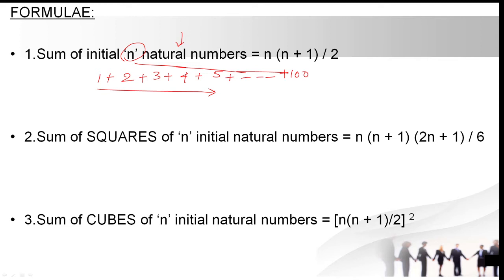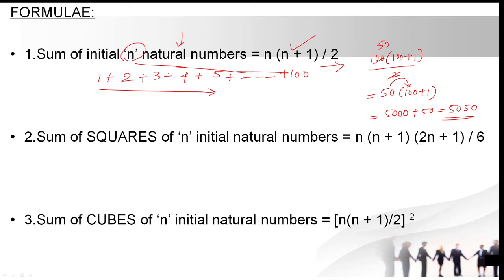Okay, but in a competitive examination you are not supposed to use that much time to do these calculations. For this we have a formula, that is n into n plus 1 by 2. In the place of n, we can just substitute 100. So that is 100 into 100 plus 1 by 2. How much will you get? So this is 50 times 100 plus 1. 50 hundreds are 5000 plus 50 ones are 50. So the answer is 5050. So this is the way to solve this type of questions related to the first series.